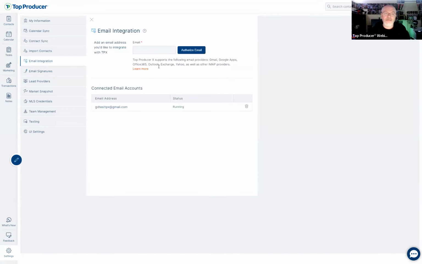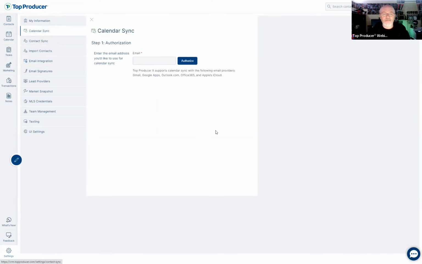Now, another couple of things that we do have that can go across multiple platforms. So email, you'll notice up here, you can have multiple email addresses in here from Gmail, from Google Apps, Office 365, Outlook, Exchange, Yahoo. And I don't know why we don't show this off as well, but you can also have your Apple email attached to this. So that's a pretty cool one there. You can go directly through your iCloud. That's not something we had before. We really in the past only had Gmail. So we're really glad to be able to offer this to everybody.